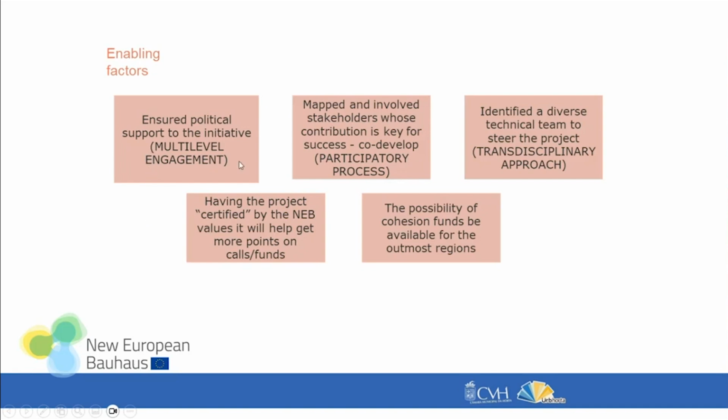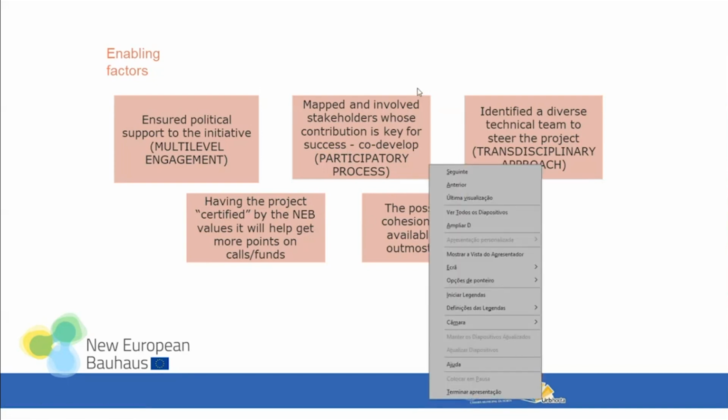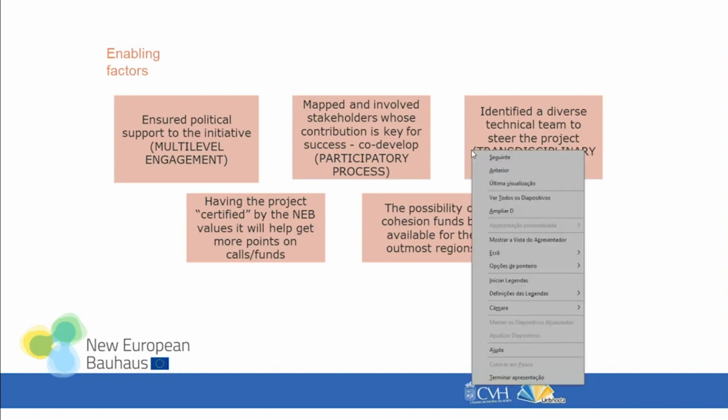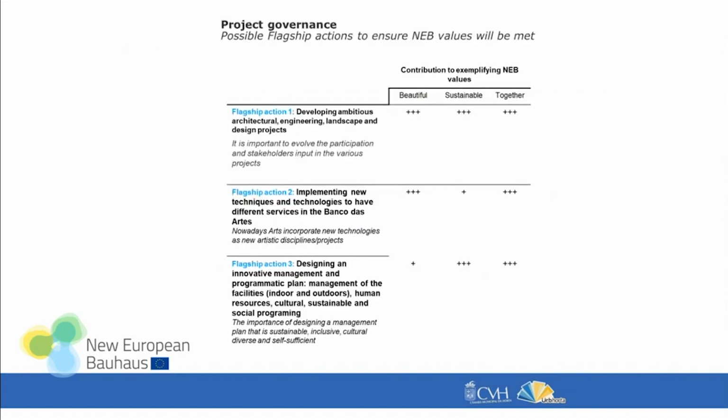For example, it was very important to ensure political support, to map the stakeholders' involvement and contribution, to co-develop, because this was the idea, to have people in several areas contribute. A transdisciplinary approach, and by the end we had a certified NEB project with how it was going towards the NEB values. So on this roadmap we had the flagship actions set of what we should do by the technical assistance